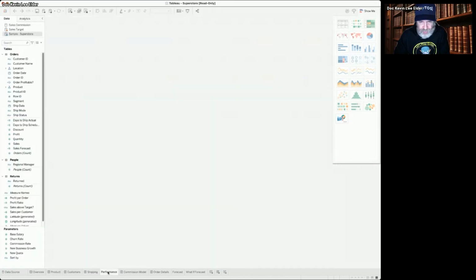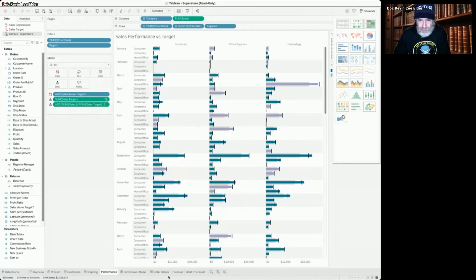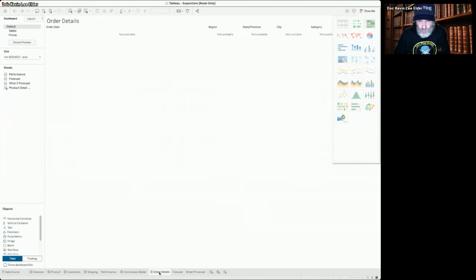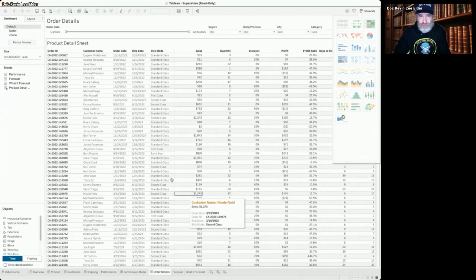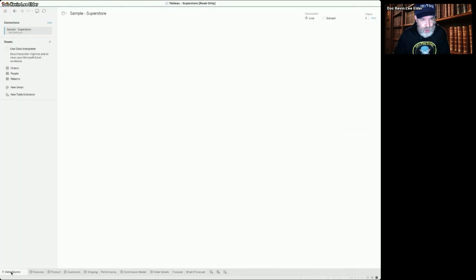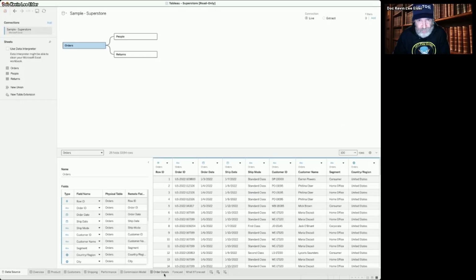And so you can start taking a look and seeing, okay, I need to start with just some orders. And so I want to be able to put in my orders. And so, oh, look, this is familiar. This looks like Excel. Ah, this is very close to Excel. And so you can see this at any time. You can go over and take a look at your data source and see what your data sources are and see what the data is and get a feel for it and see how they are combined together. So in this case, we've got orders, we've got people, and we've got returns when people return those items.